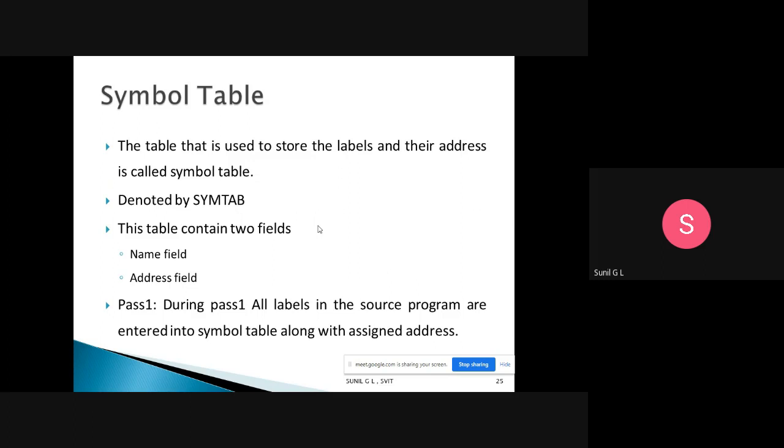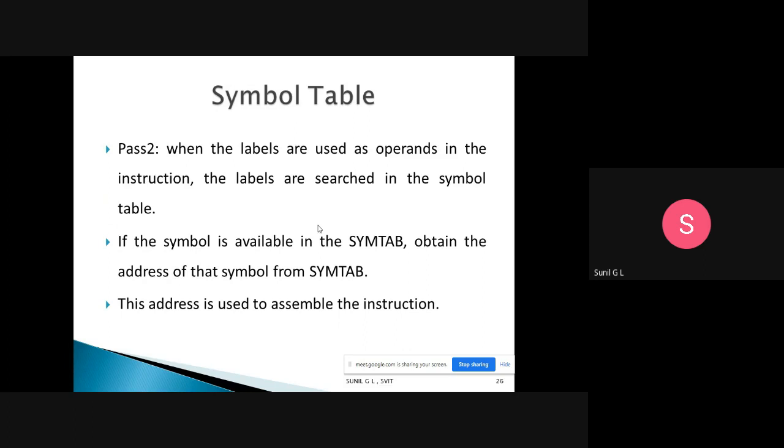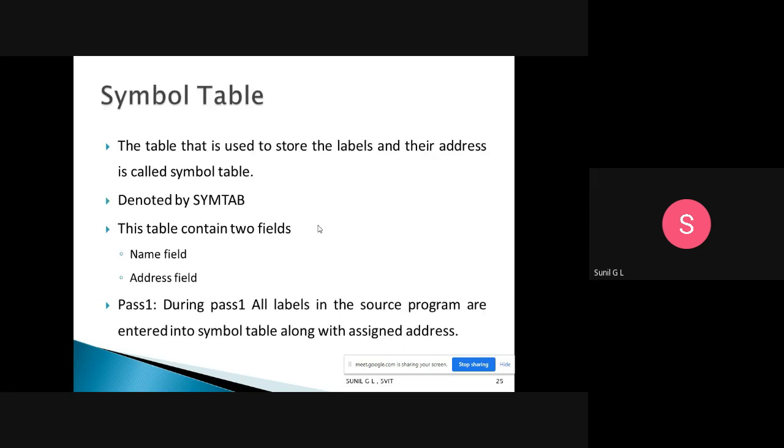The symbol table is used to store the labels and their addresses. If you are using 5 labels, it will take the 5 labels and assign the address, and it will maintain the address of those labels. That we call a symbol table.